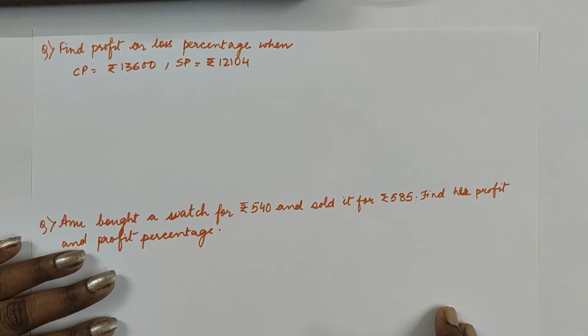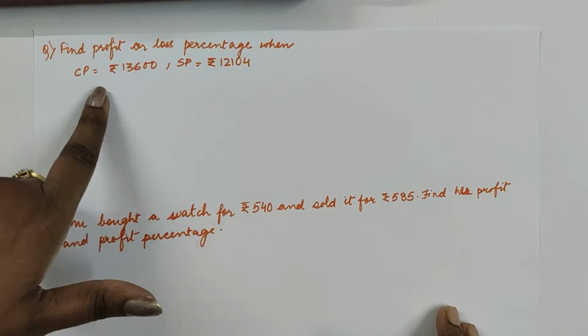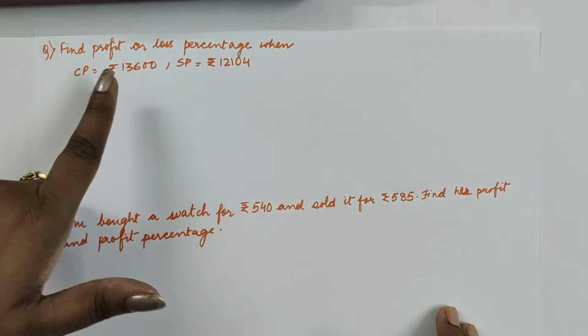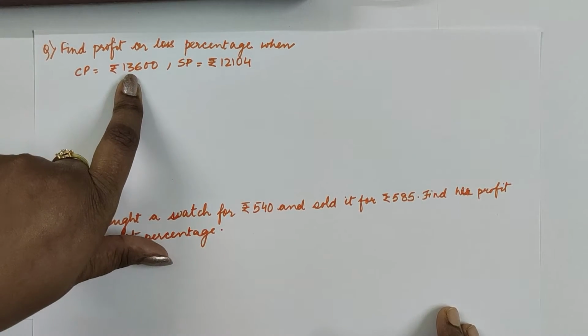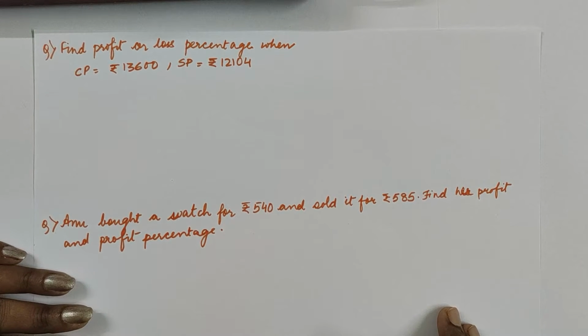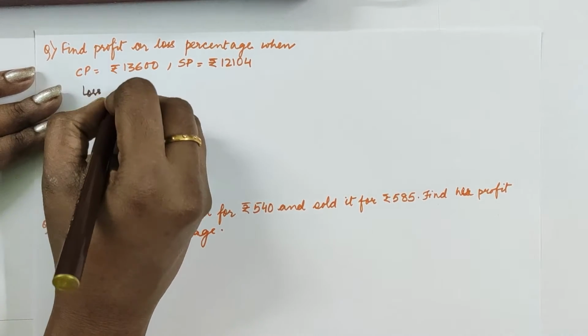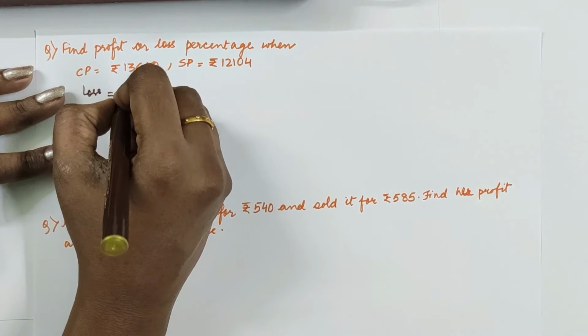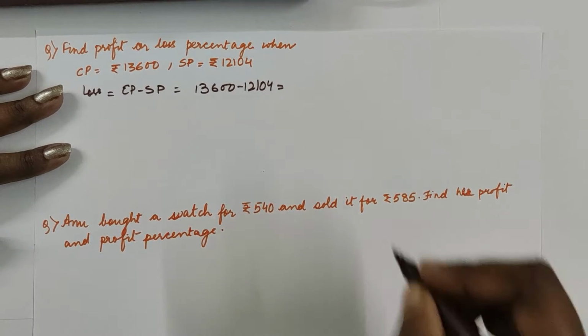So here you can see the question. It is asking us to calculate the profit or loss percent. We have to decide the loss or profit by comparing the CP and the SP, the cost price and the selling price. So here you can see the cost price was 13,600, whereas the selling price was rupees 12,104. So obviously the customer or the dealer has made a loss, so here we will be calculating the loss, that is the CP minus SP, because CP is more,